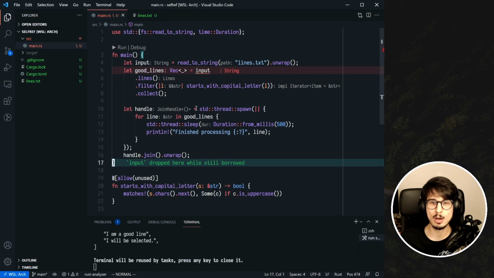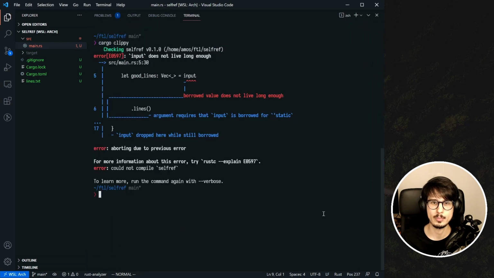But that does not work. The compiler is not happy with that at all. But why doesn't it work? Rust, why won't you let me do this? This seems fine, right? Well, let's look at the error a little closer. So what it's trying to say here is that we are borrowing input for longer than it